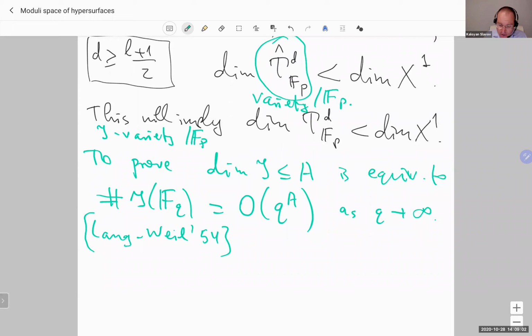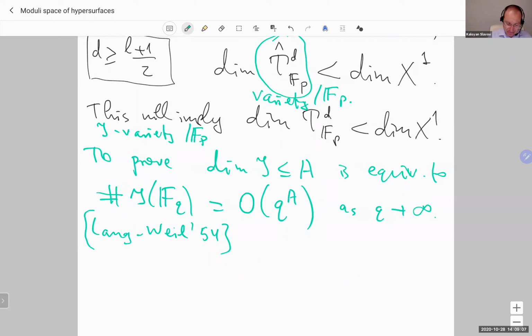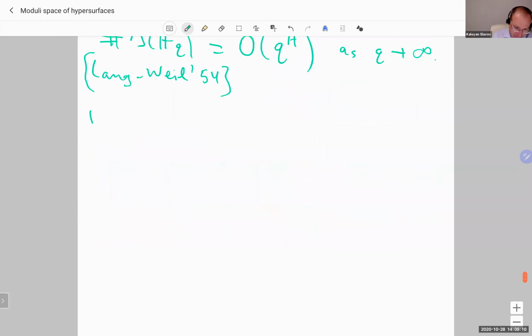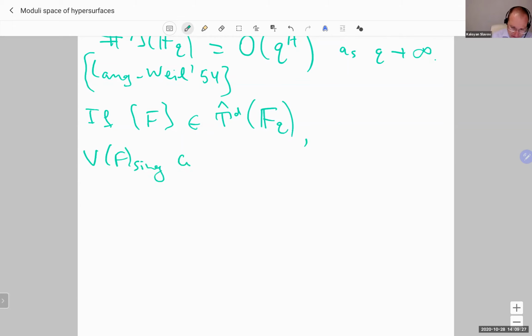Okay, so now we reduce to point counting, and let's look at an FQ point of T hat. If F is in TD check of FQ, by the definitions, when you unravel the definitions, then V of F singular locus contains an integral curve. That's why we were taking the check. So it's an integral curve of degree d